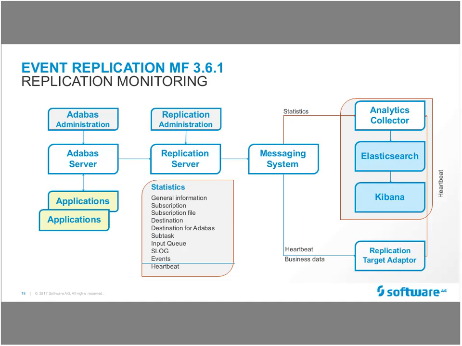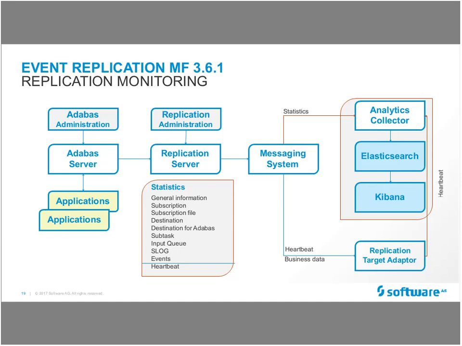This is just the overview in order to show you a bit where the application monitoring sits. On the left side, that's what you know, of course: the database server, the applications, database administration, database online services. You have the replication server on mainframe. You have the replication administration. And here you now get new statistics. In the administration, you can define things. We see it a bit later, or you can put it in a DD card. And this is actually the statistical information we generate.